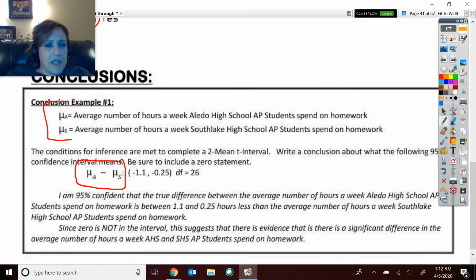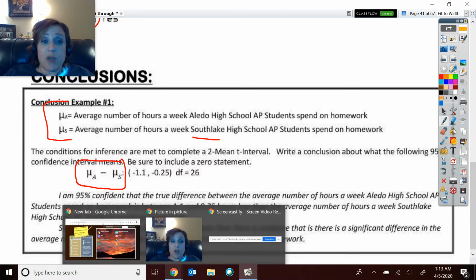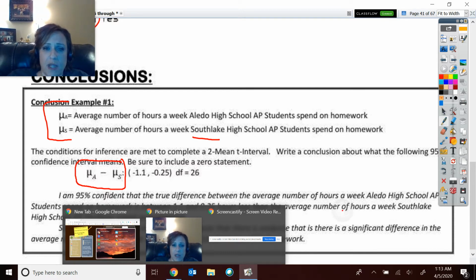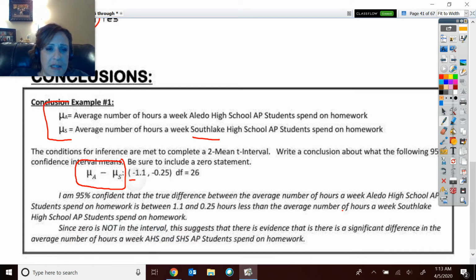All right, and so then here we have our subtraction. We did it with the Alito ones, and we're comparing that to the South Lake ones and seeing, on average, what the difference is between those 2 averages, okay? And in this case, I can see that these are both negative numbers, okay? And you must include the df, t, not z. So our standard interval difference statement,